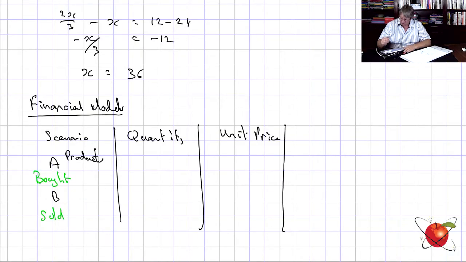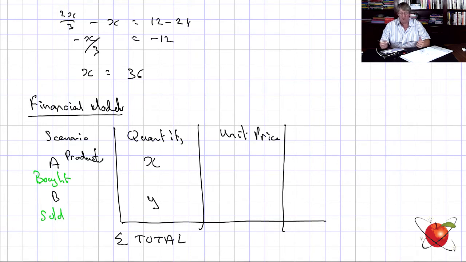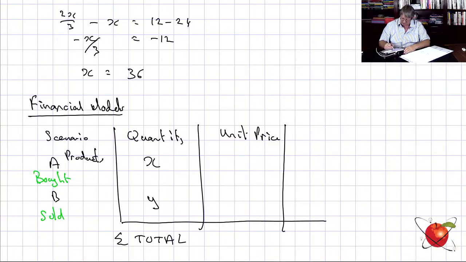Let's have a look now. We say, okay, therefore, unit price, quantity, we have, let's say, we buy X of A and we buy Y of B. Then we can sum this. We can get a total bought. We bought so many boxes. The sizes of the boxes can be different, but we bought a total number of boxes, which is going to be X plus Y, isn't it? The unit price, what is that? That is cost per item. And the total,